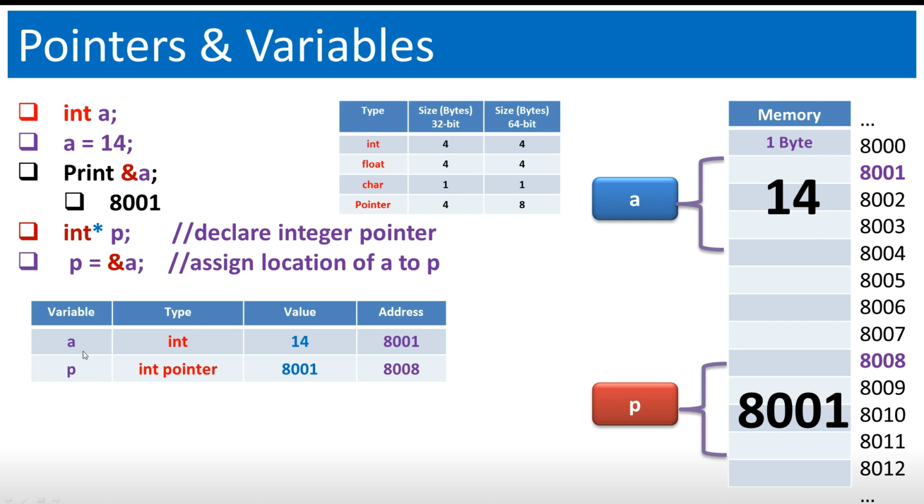Alright, so now that we know that both of them have memory space, what is inside that memory? What's the data inside? For A, we assign it to be 14. For P, in this statement here, when we say P equals address of A, we assign to P the location of A in memory, which is this location, which is here also on the diagram. So that's its value. Now P itself lives somewhere in memory to hold that value. You have to store that value somewhere, and that somewhere in this case is going to be 8008. So I hope this is clear so that you understand pointers.